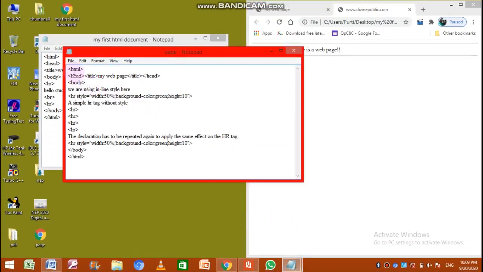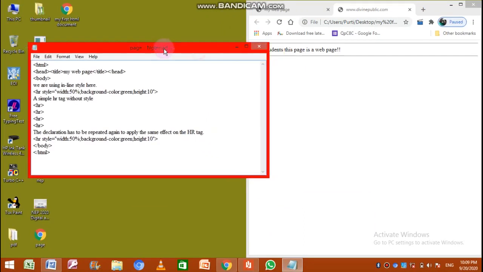You can see the same program is created, and this file I have saved as page.html, which is on my desktop. You can see page.html. So the same program is there. We are using the inline style here, HR style with 50% width, background color green, height 10%.